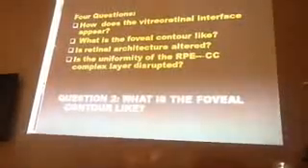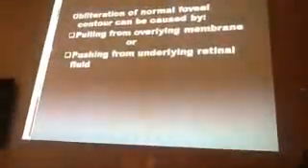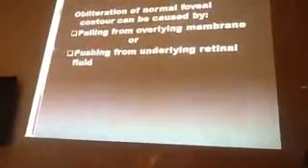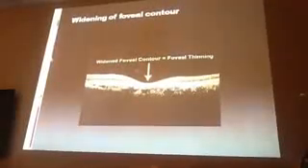Now, the foveal profile. This is the normal foveal profile. How is the contour? What is happening there? Deformations in the foveal profile can occur with macular pucker, macular pseudo-hole, macular lamellar hole, and so on. So what is the foveal contour like? That's the next question. You've taken care of the pre-retinal area. Look at the fovea now. Obliteration of the normal foveal contour can be caused by pulling from an overlying membrane or pushing from underlying retinal fluid. You can also have widening of the foveal contour where you have foveal thickening. So it's not just the dimension, it becomes thinner and then gets wider. So it tells you something is happening.